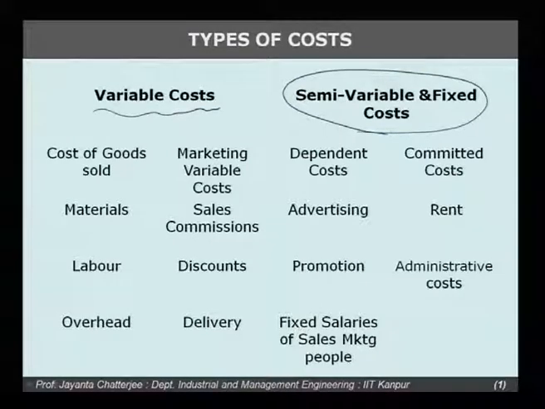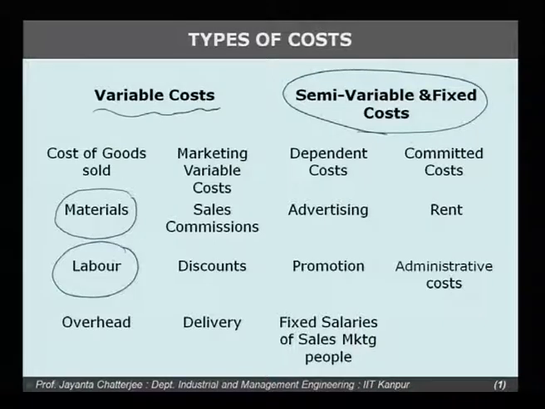It can equally be applied to cost of service offered, and here there are items like materials, labor, overhead, and all of these we often look at in terms of per unit,